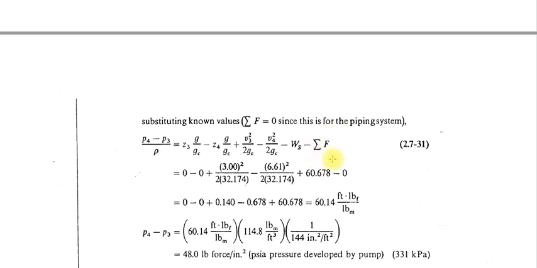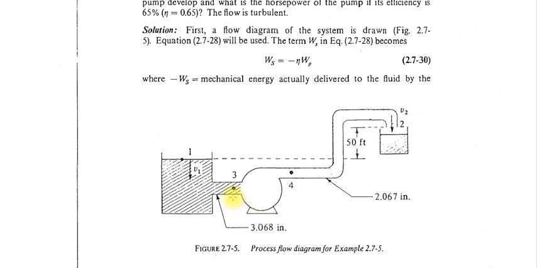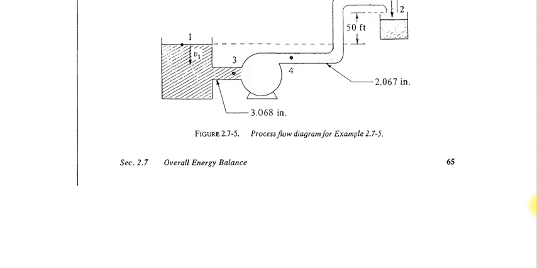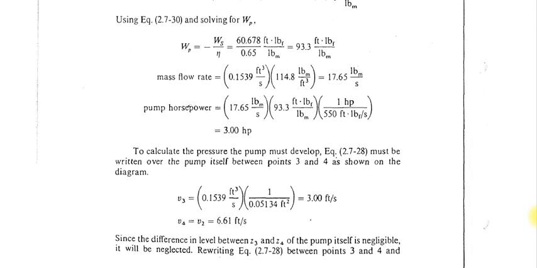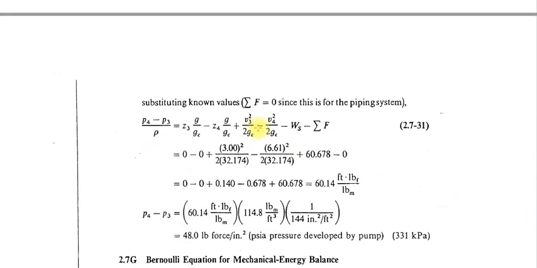So sigma f is the friction losses, because here only the pump is present in the pipeline. So we assume that there is no friction loss between point 3 and 4, so sigma f is 0. So when you substitute all the values, you can calculate P3 minus P4 equal to